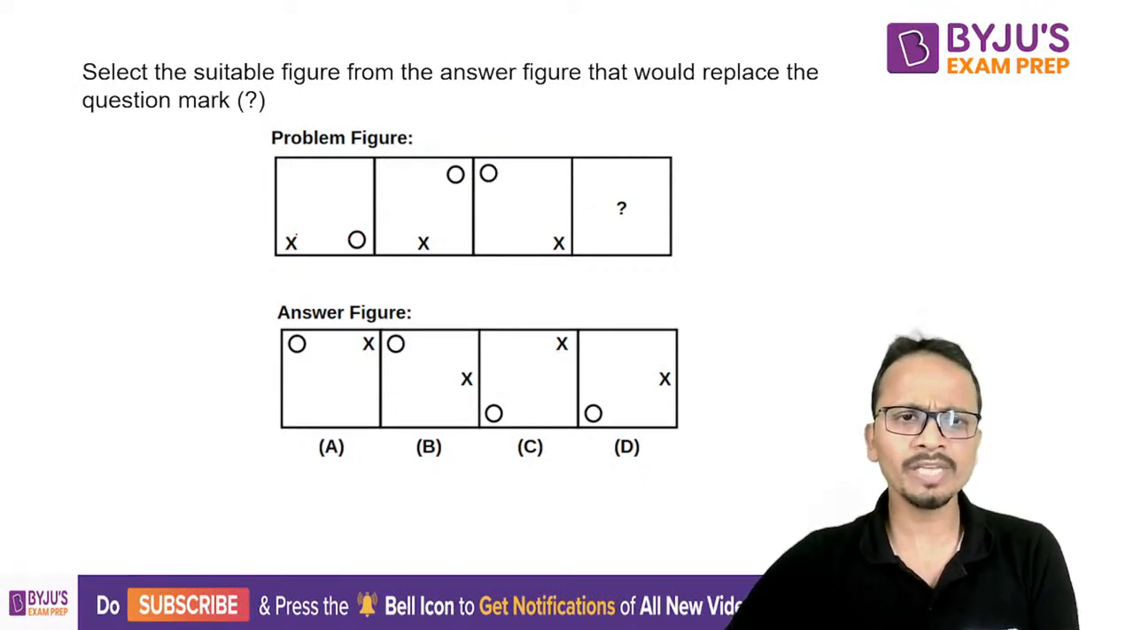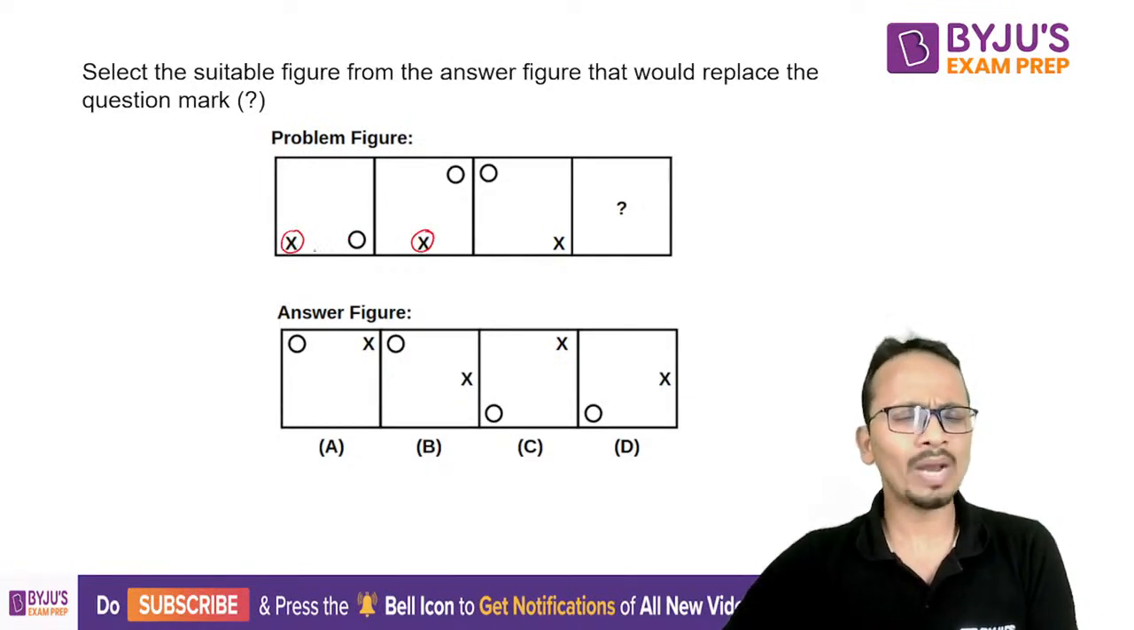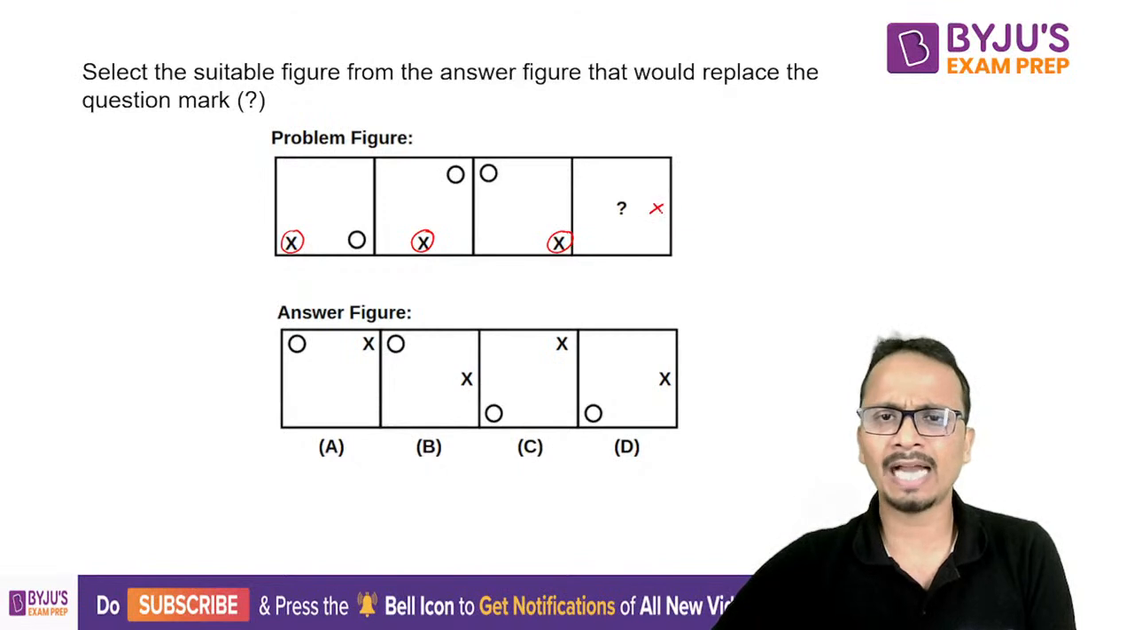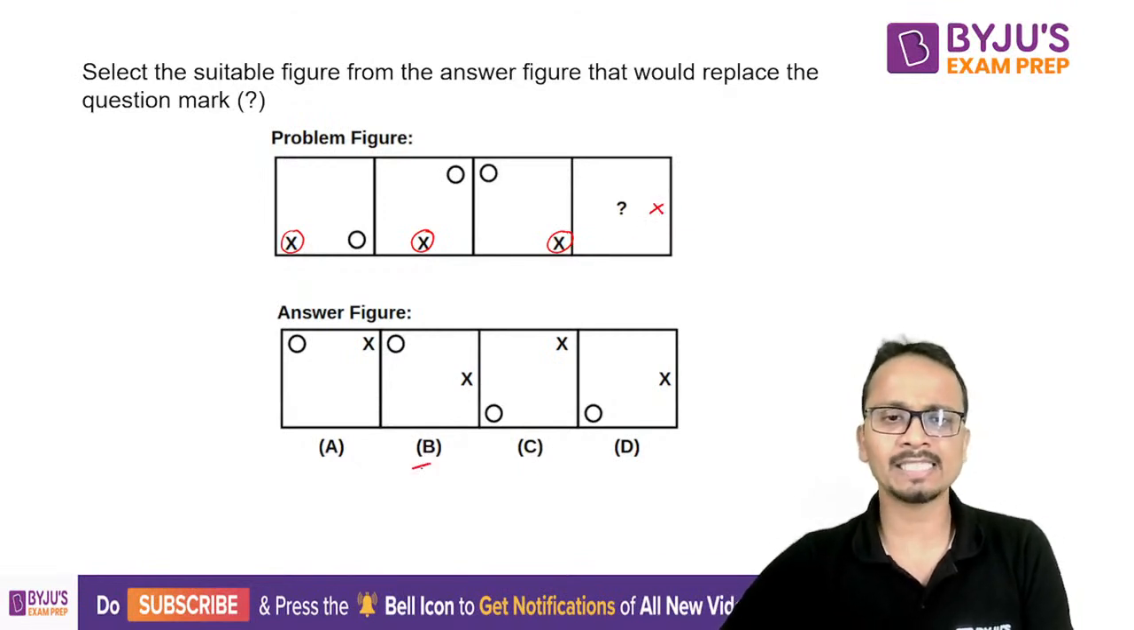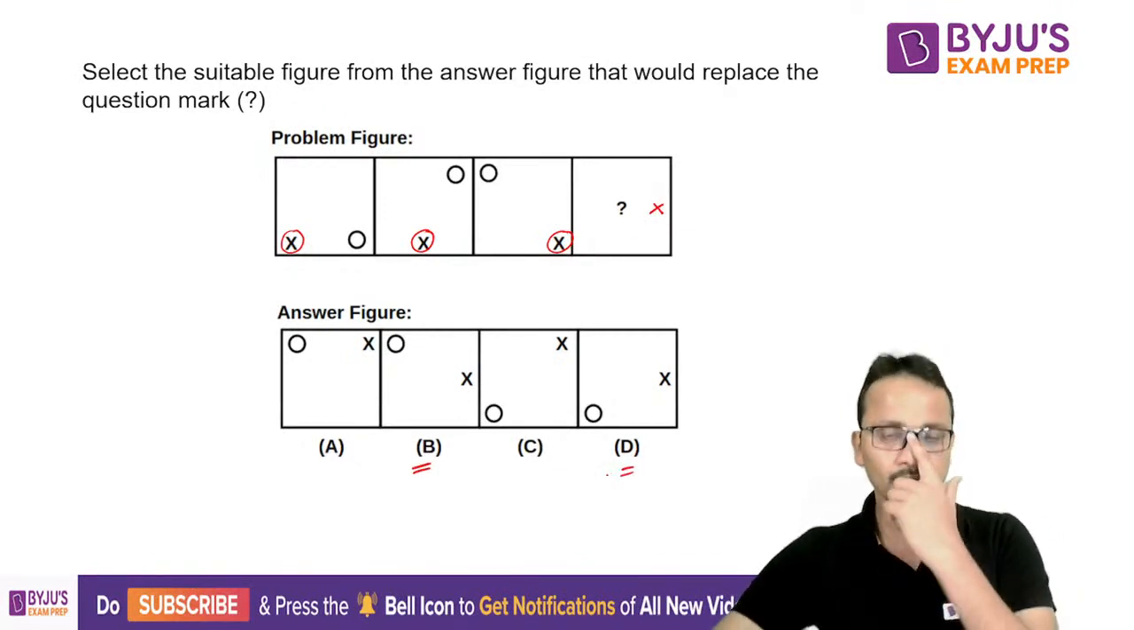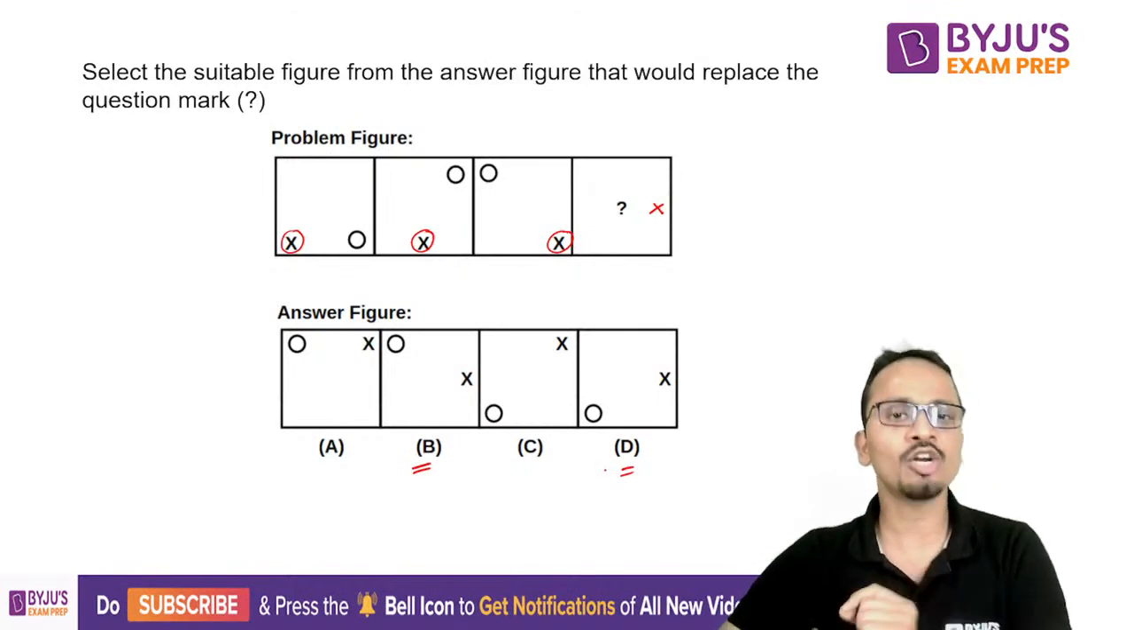Okay. So in the first case, cross is here. Then it has moved one place in the anti-clockwise direction, another place. So in the fourth figure, in the answer figure, it should come at this place. Now, among the options, I can select option B or option D based on the positioning of cross, based on